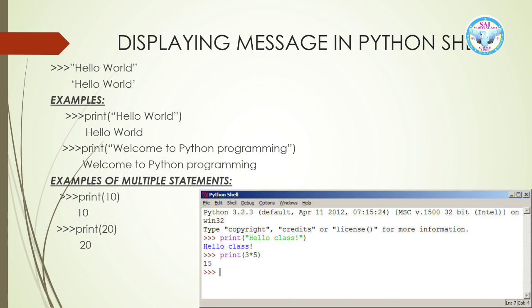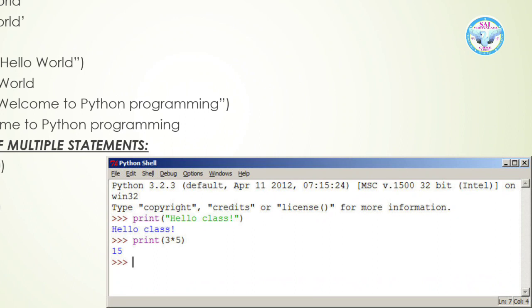Now, let me explain an example of writing a command or instruction. See, can you see this Python shell? Yeah, I told you what Python shell is. This is an interactive mode. See, there is a command prompt, there you will have to type the statement. Say, for example, I want to print a word or a sentence or group of words. Say, for example, I just want to print hello class. So, in this command prompt, you will have to type print within brackets hello class.